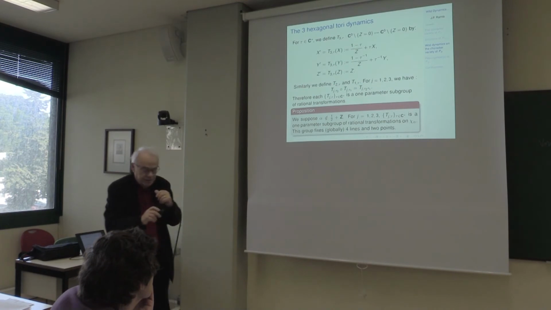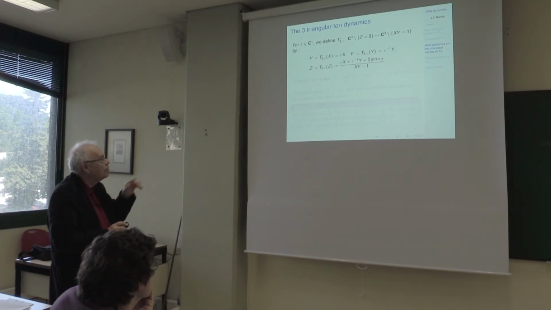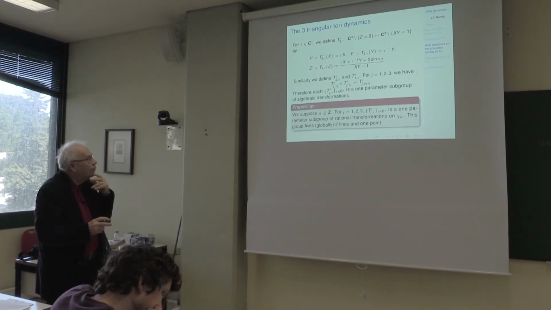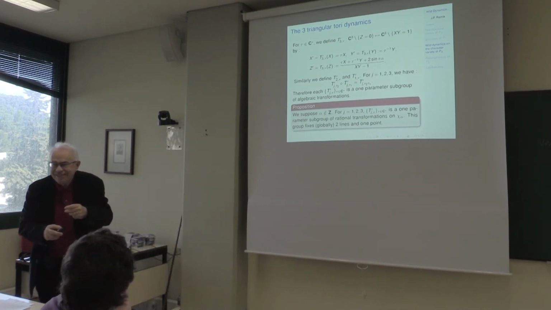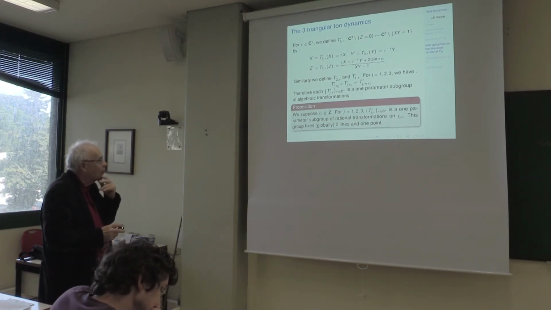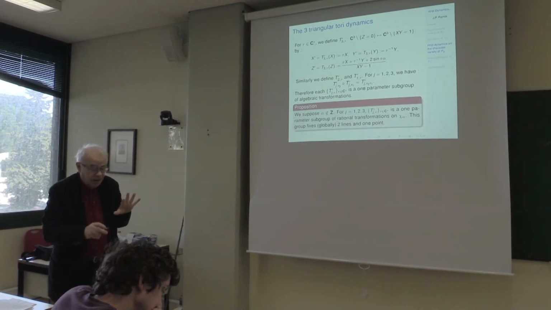Okay, and this is the hexagonal dynamic. And you have similar results for the triangle. Oh, excuse me, here it is not 0, it's xy equal 1. You have to correct here. The same business, a little formula, just a little bit more complicated. So we spent more time to guess this one. So we have also a one-parameter subgroup. And this is the situation. So this is the 9 Tori dynamics.